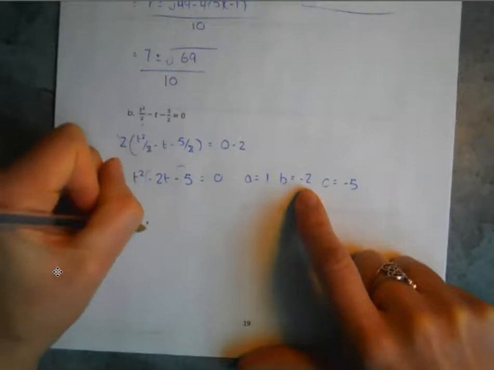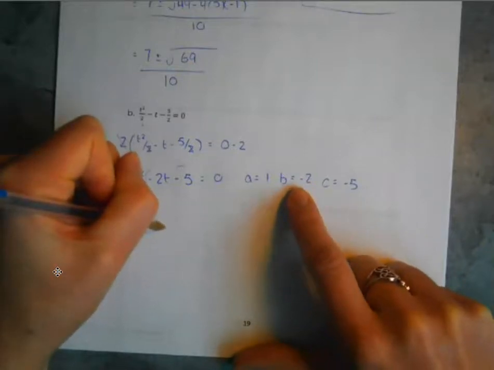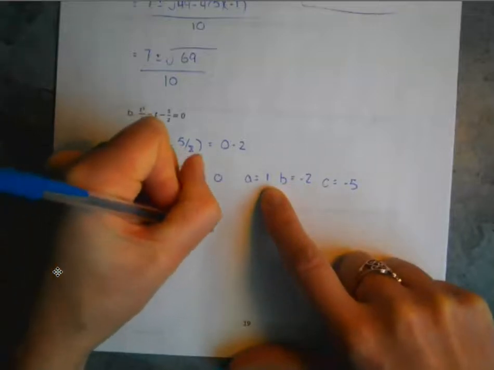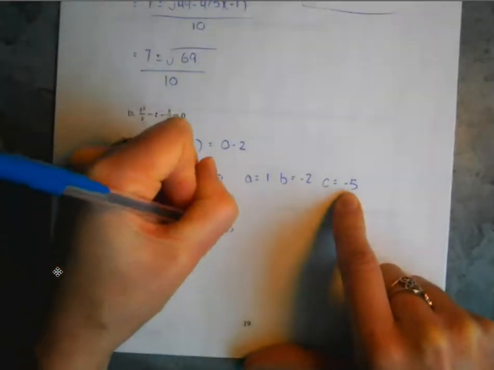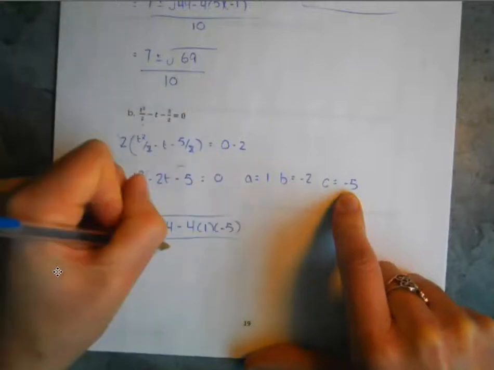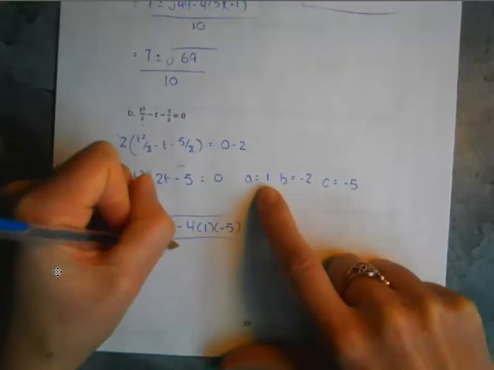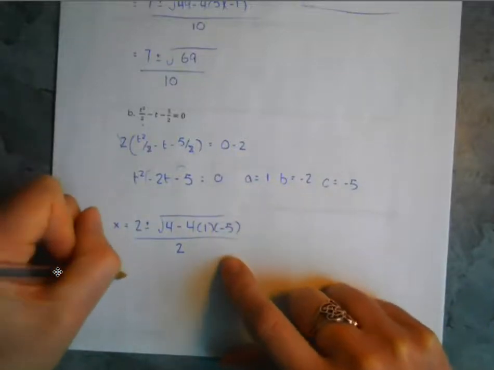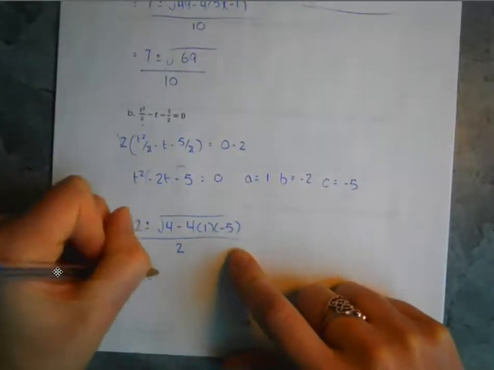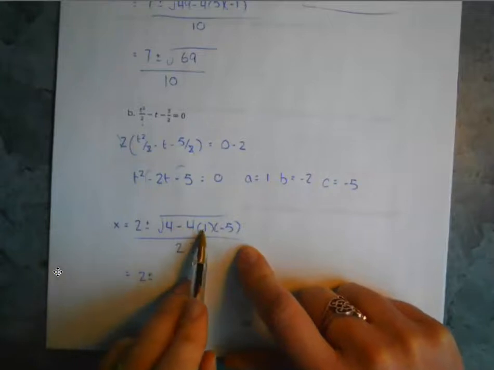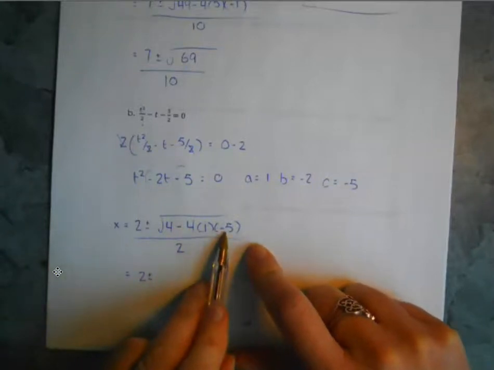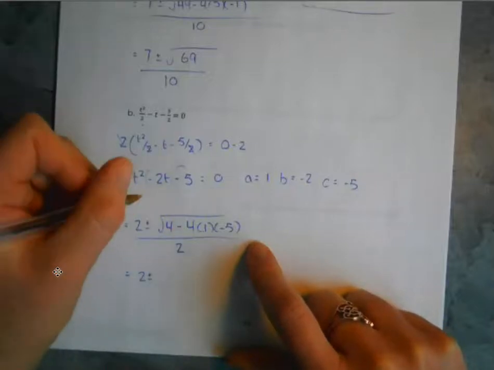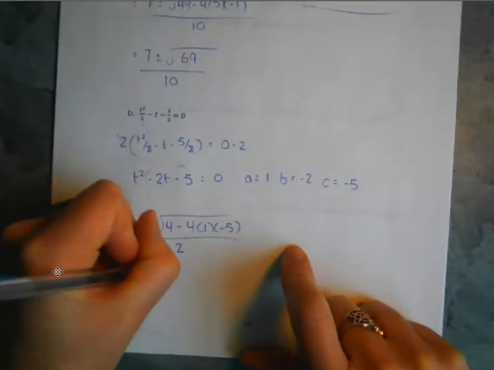So plus or minus the square root of b squared, so negative 2 squared is 4, minus 4 times a times c, and all of that is over 2 times a, which is 2 times 1, so that's just 2. Okay, and so that gives us 2 plus or minus the square root of 4 times 1 is 4, times negative 5 is negative 20. 4 minus negative 20 is the same as saying 4 plus 20, so we're looking at the square root of